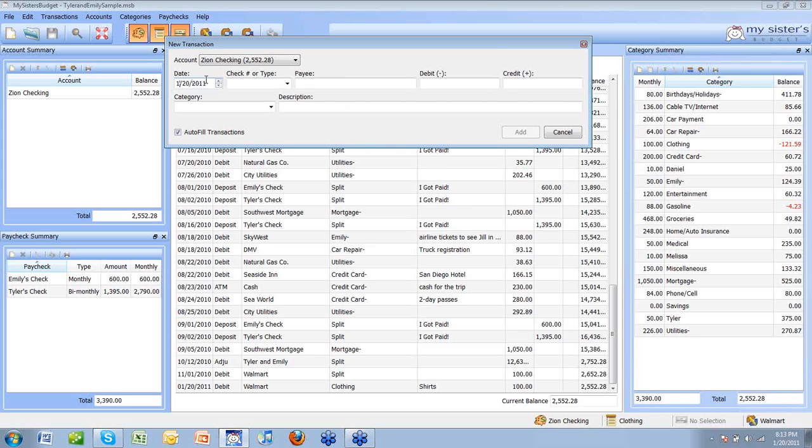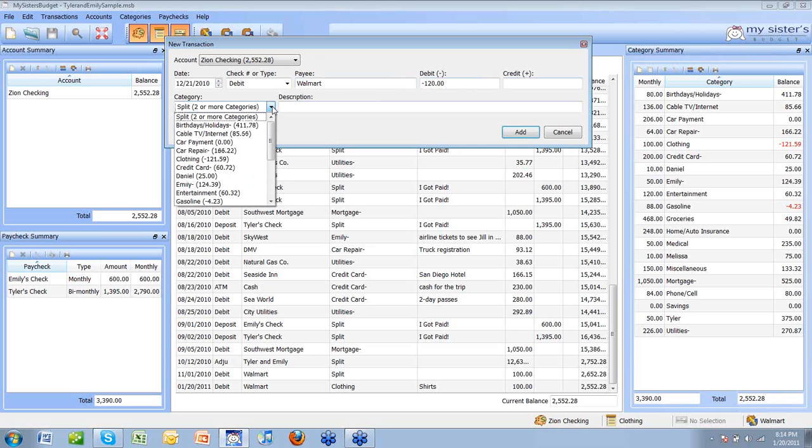Let's say we wanted to go ahead and enter a date of December 21st, and we'll say it was 2010 that we wanted to go ahead and have that transaction done. We have options here in typical drop-down fashion. We're going to go ahead and have a debit. We're going to pay to Walmart, since most of America shops at Walmart and all of our money goes there. Let's say the amount was 120,